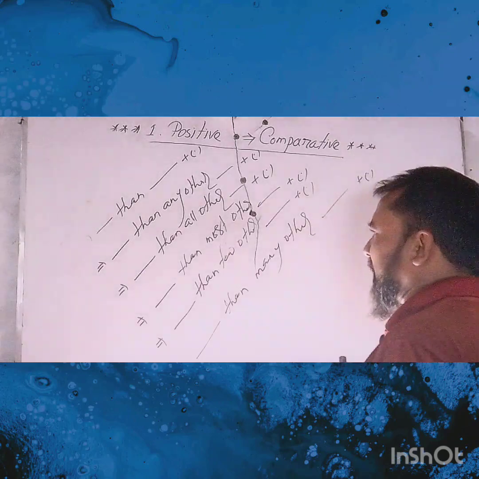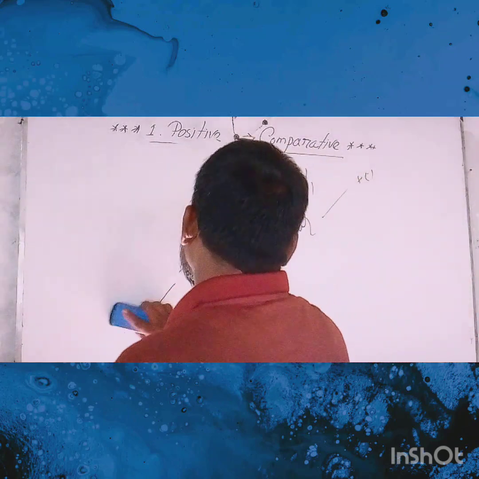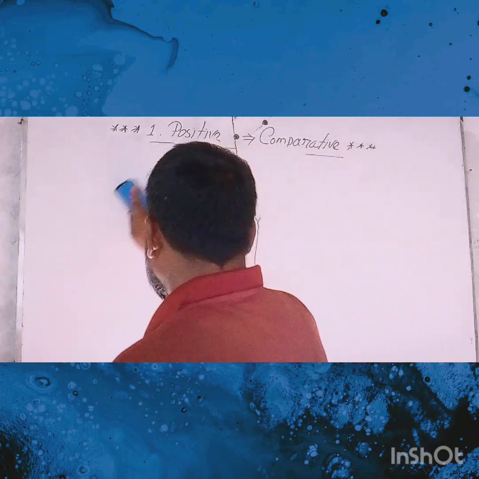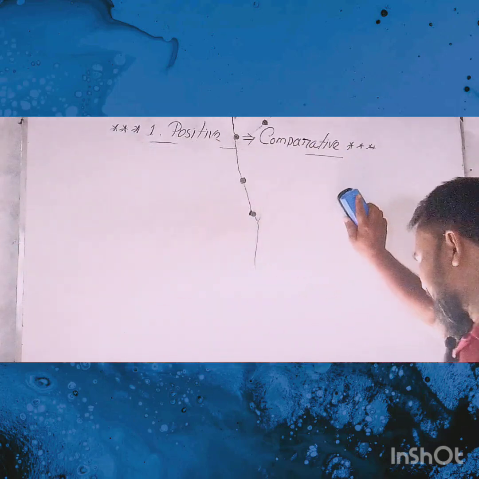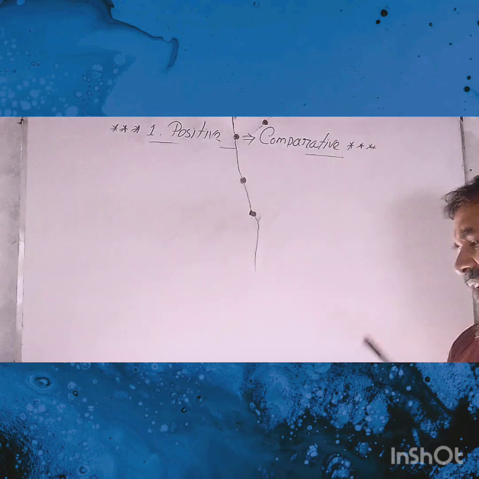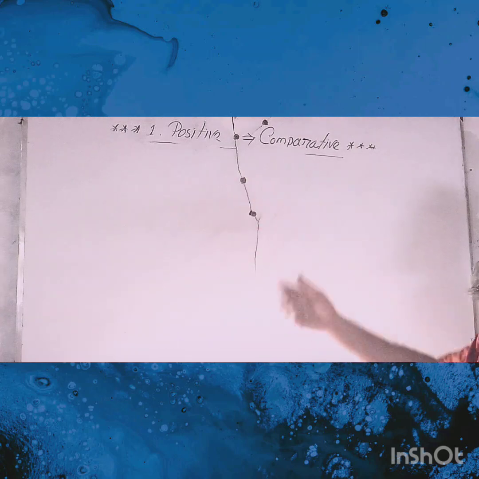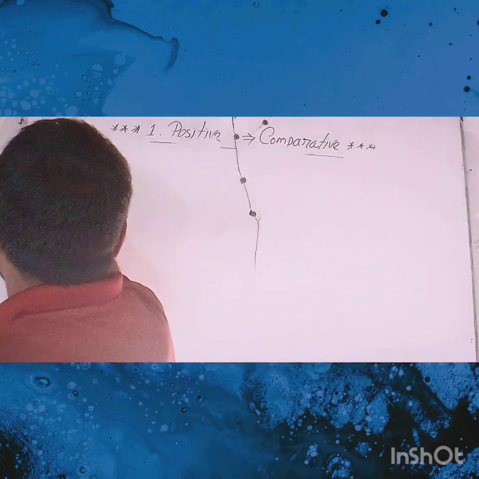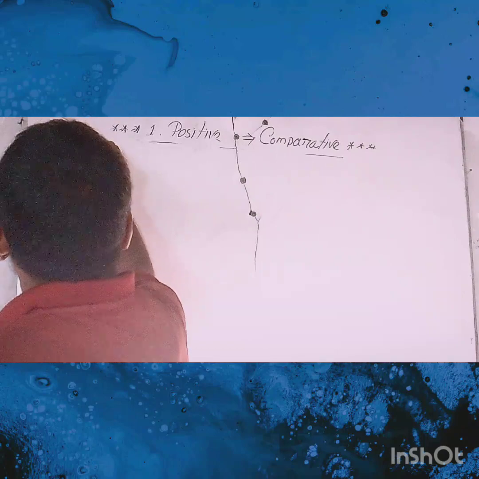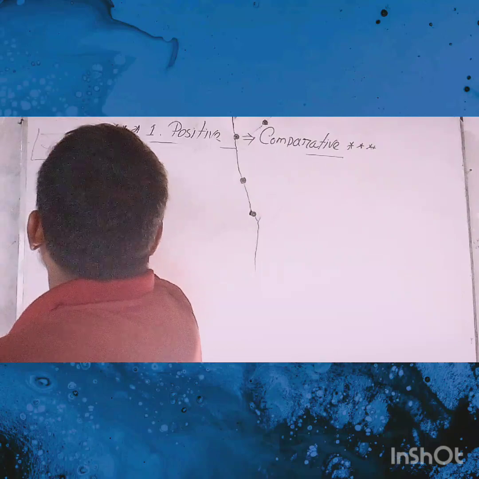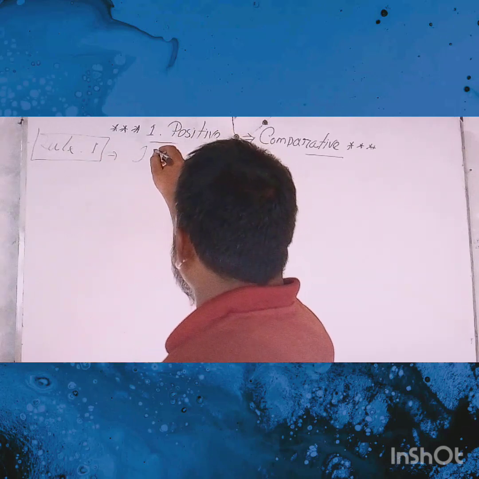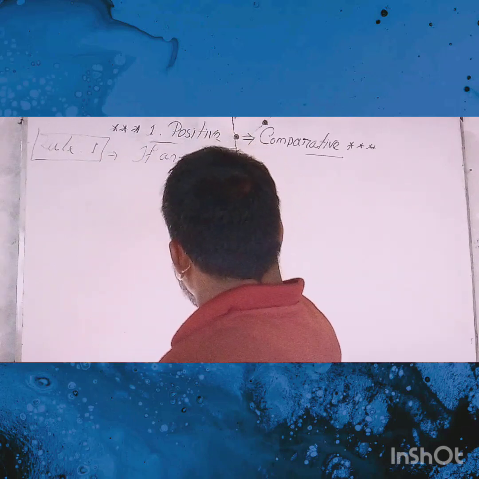So, my dear learners, take a look at the board and try to understand what I want to make you understand. Now I am going to show you these rules of changing sentences from positive to comparative degree. So, my dear learners, take a look at the board and try to understand. Rule one. If any positive degree